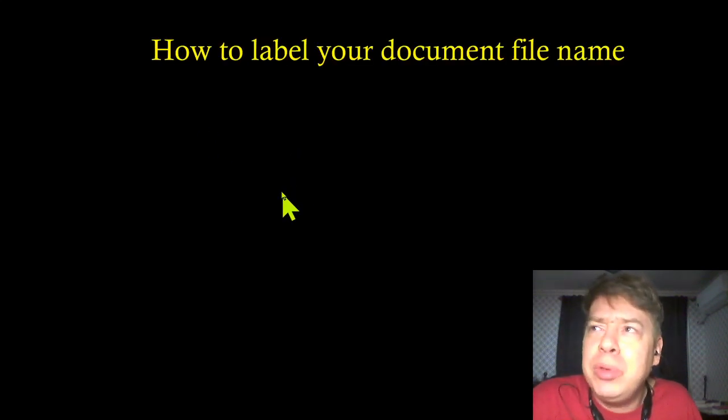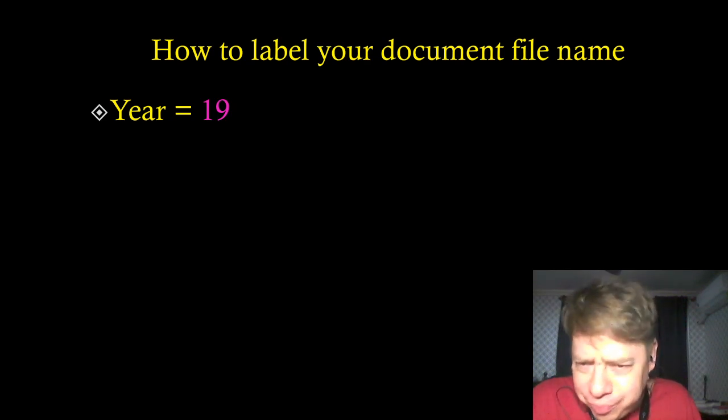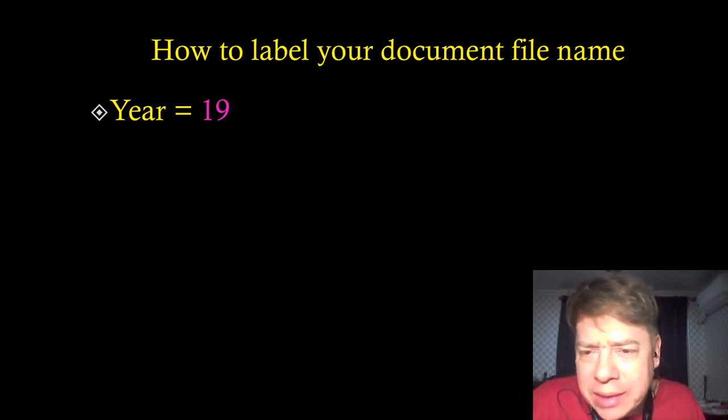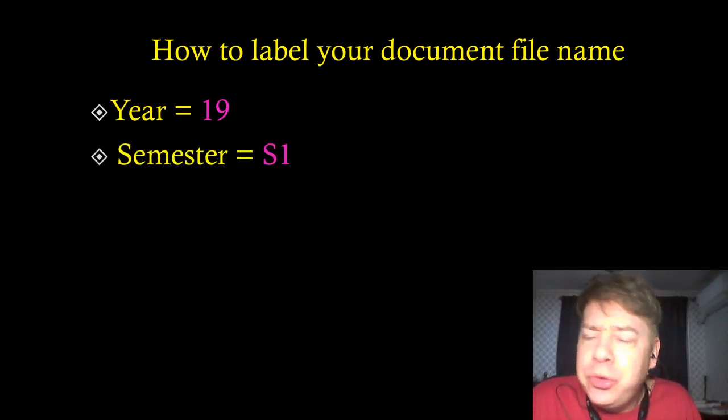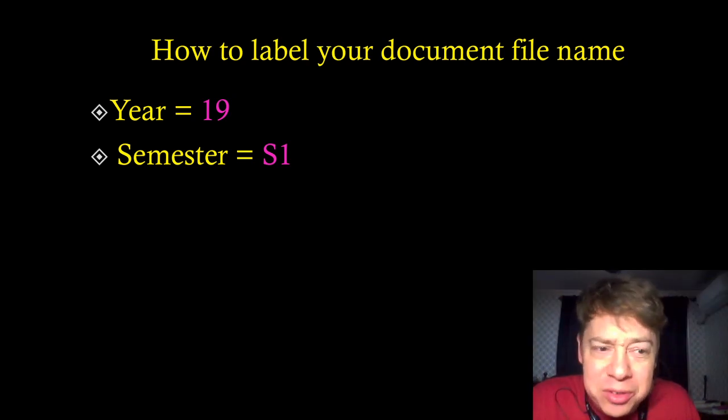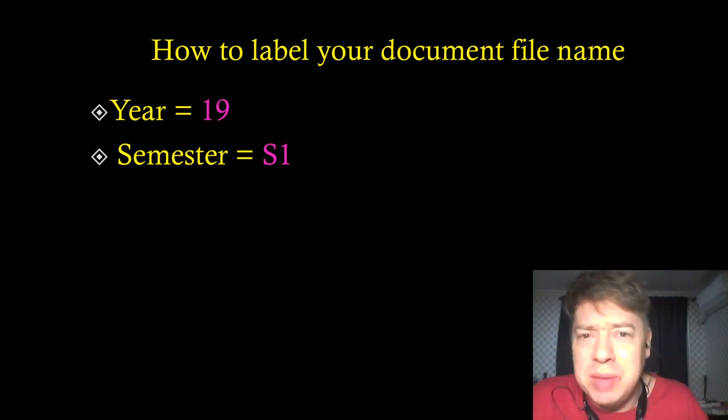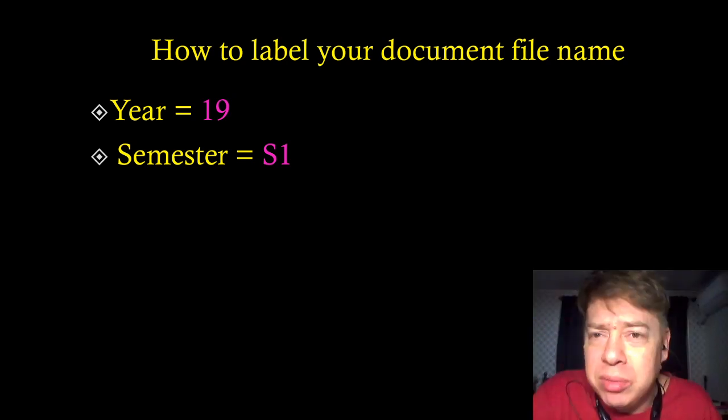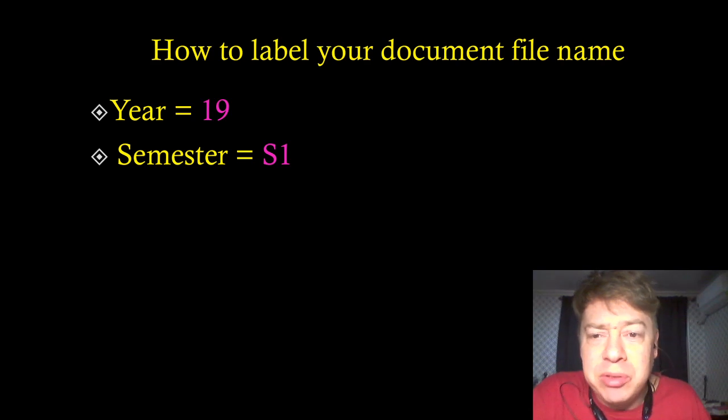So how would you label your document file? 1, year is a good idea. Kind of organize things from year to year so you know when you wrote it. Also, the semester you wrote it. That's important. It's important for the professor because maybe he's got the same assignment he's given out multiple times throughout the year, different semesters. He needs to be able to organize it and put it in the right